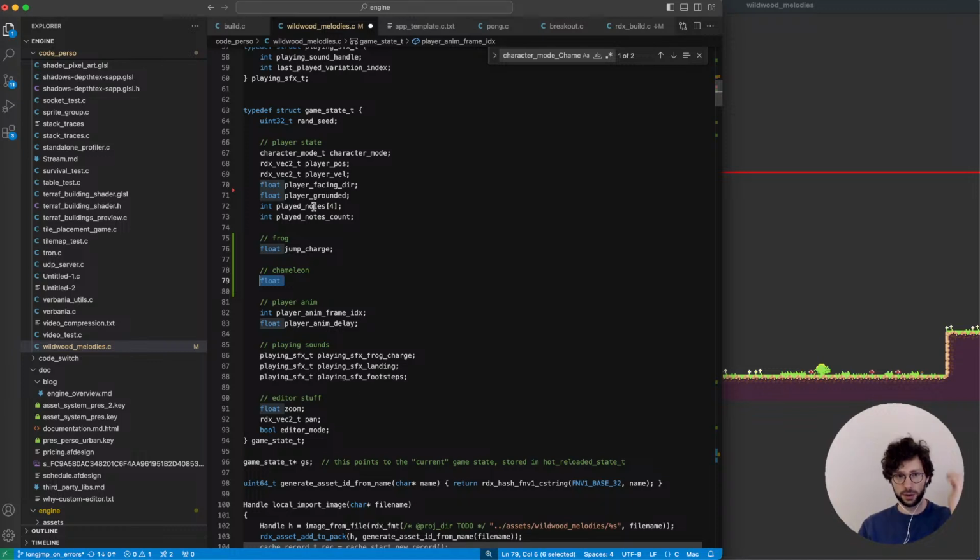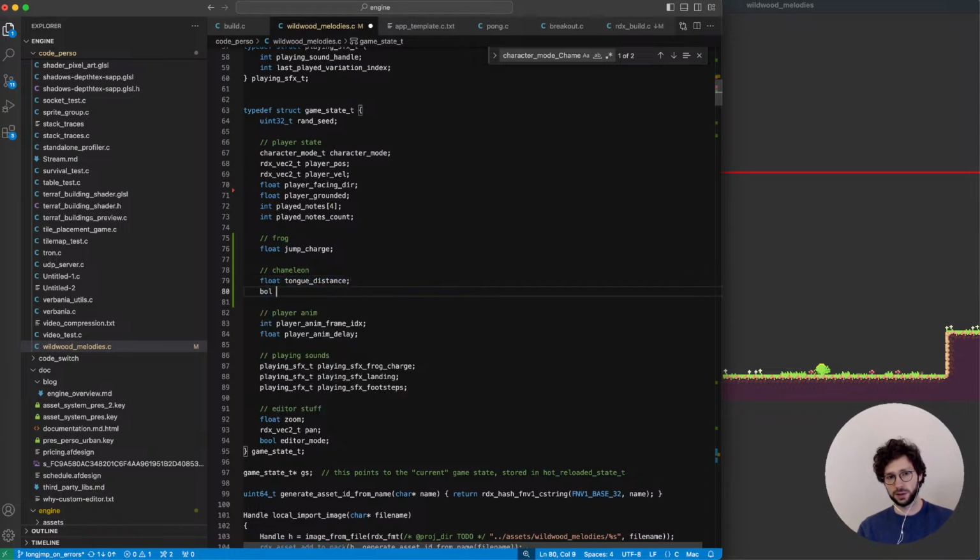So the direction in which we will throw the tongue is just player facing, something like this one. The sign of this is where we throw the tongue. And then we need the distance for the tongue, how far it is. So tongue distance, and then we need a boolean that tells us if we are currently using our tongue, and it will be called